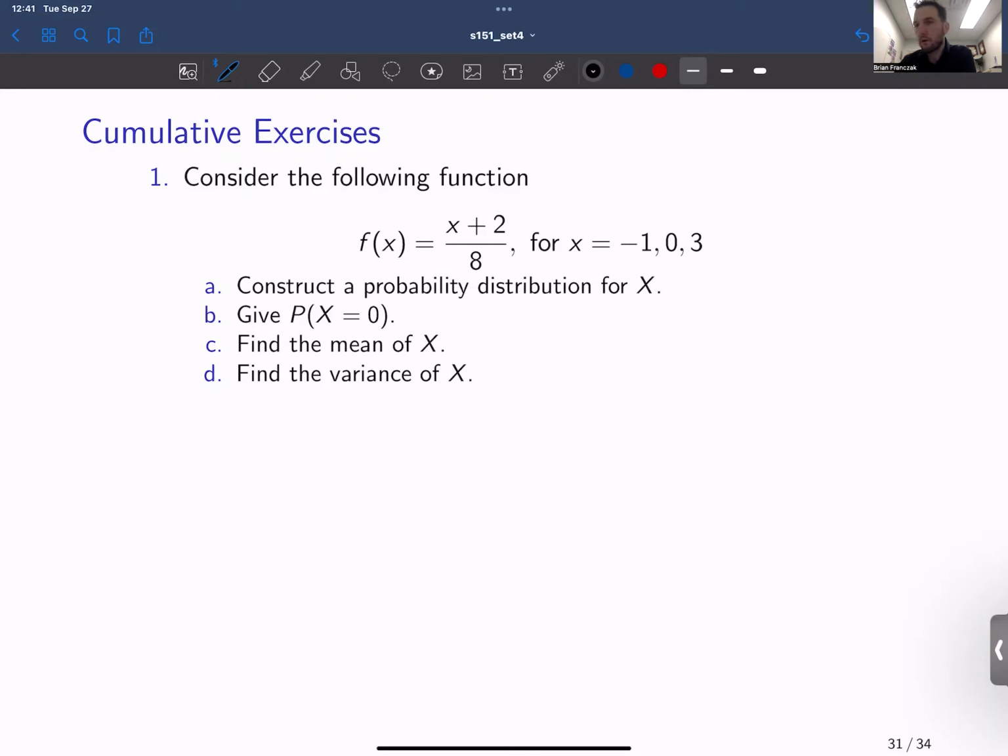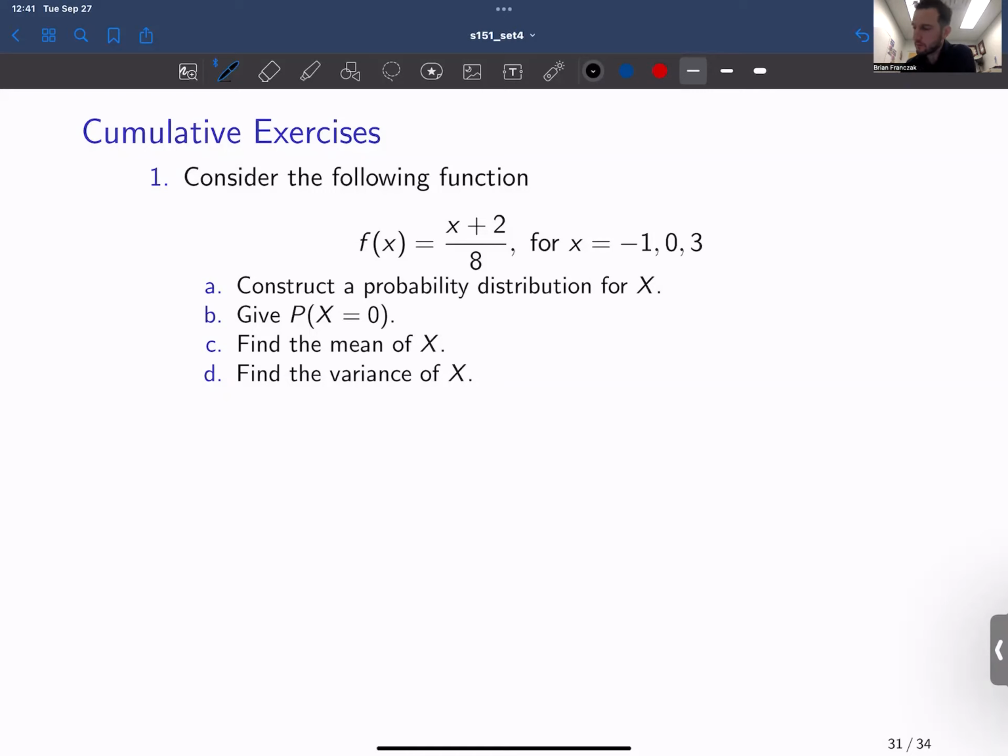So in this video, I'm going to work through the cumulative exercise given on slide 31 of lecture set number 4. This exercise is an example of working with a general discrete random variable. We're going to do some fairly basic calculations, or basic's not the right word, but what we're going to do is work through illustrations of the different types of calculations that we saw in lecture set 4